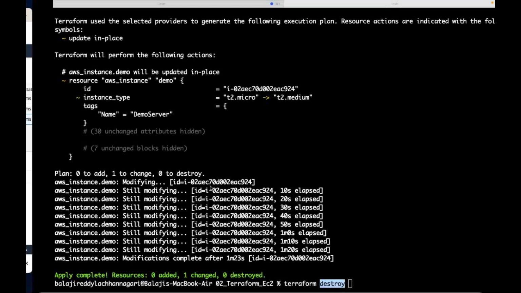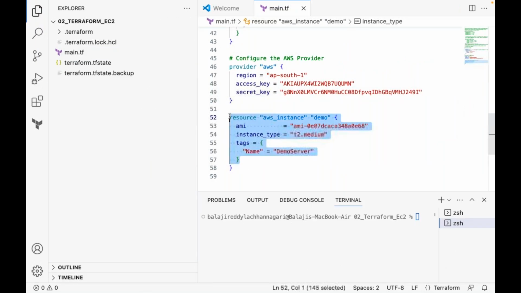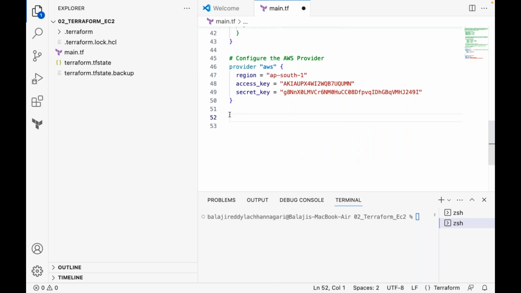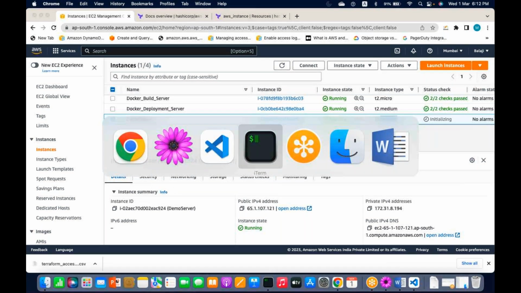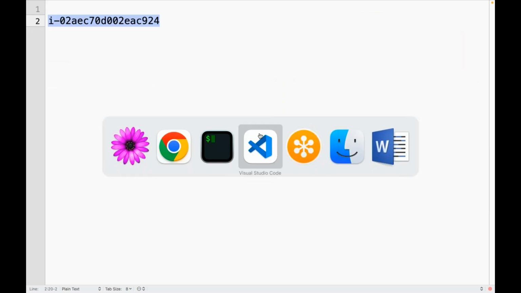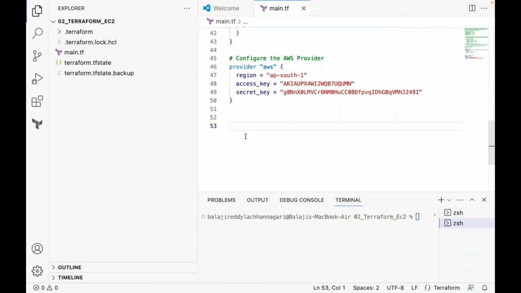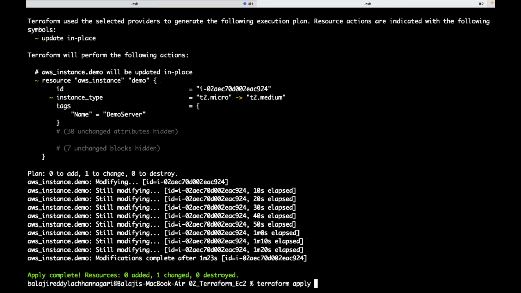The other way is, suppose you remove this configuration in your Terraform script. If you remove this configuration and say Terraform apply, what does it do, guys? Is it going to delete? You have removed the whole resource from the desired state. And if I say Terraform apply, or let's say Terraform plan,